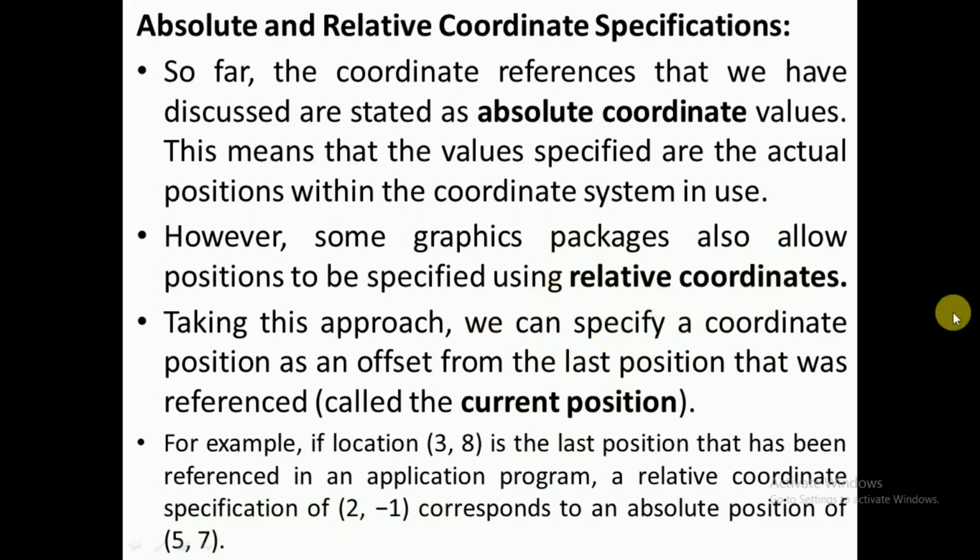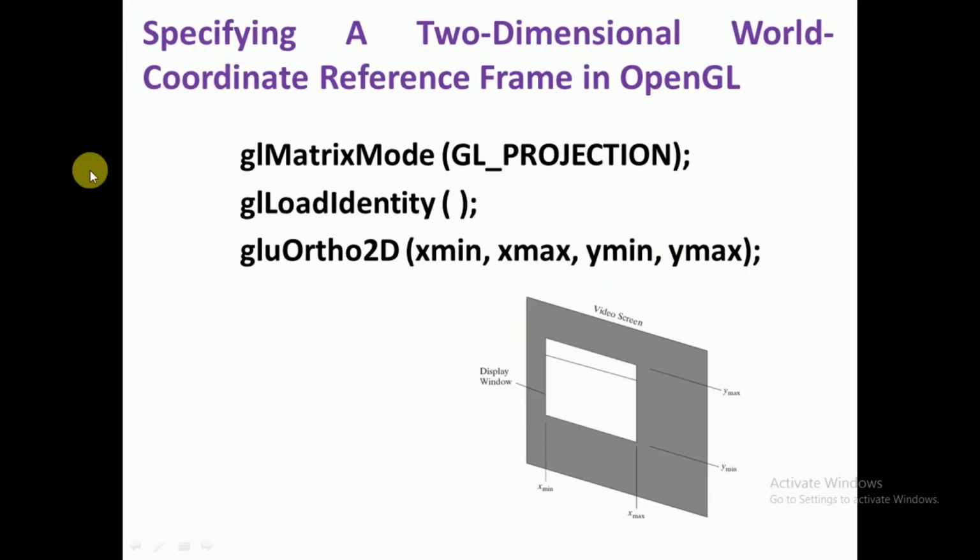There are some packages where you will use this type of coordinate mention, but in our subject most of the time we are using absolute. We will not prefer such a coordinate system. We will prefer absolute coordinates, which means whichever pixel you want, you just give the values of that pixel. We will not prefer relative, but there are some packages that take the input as a relative coordinate system. This is regarding absolute and relative coordinate systems. Next is a brief, very basic introduction of OpenGL. I will start the introduction of OpenGL, and the remaining part will start in the lab itself.